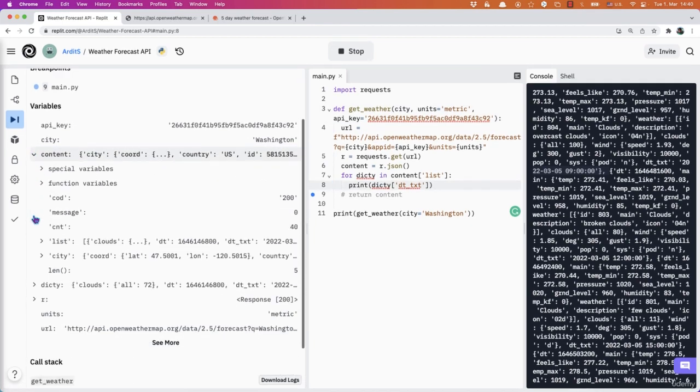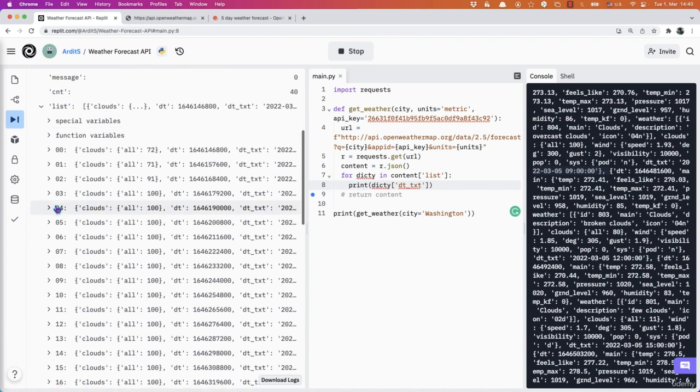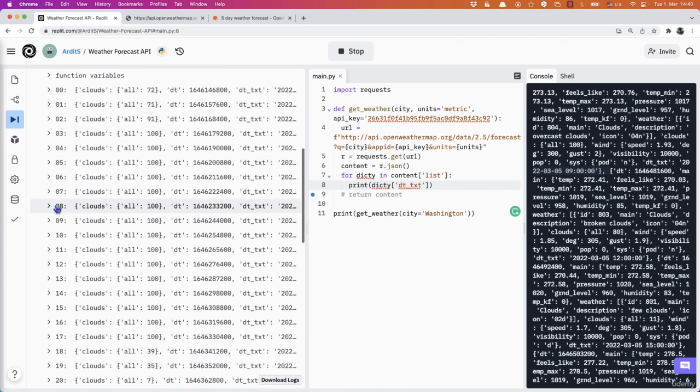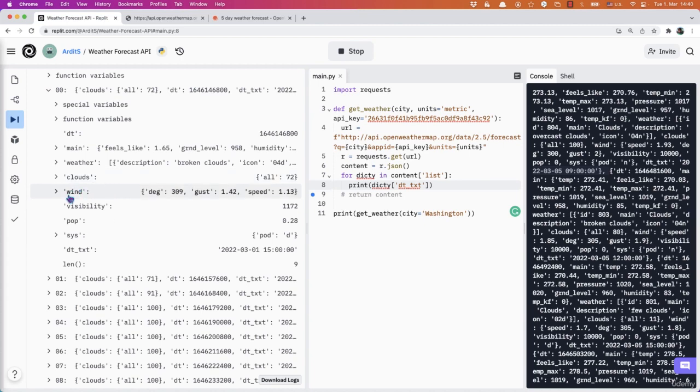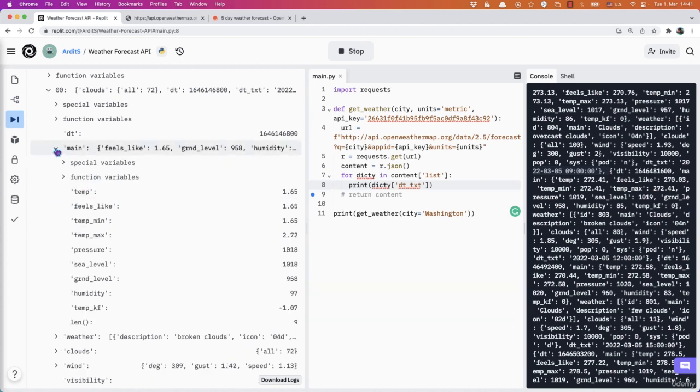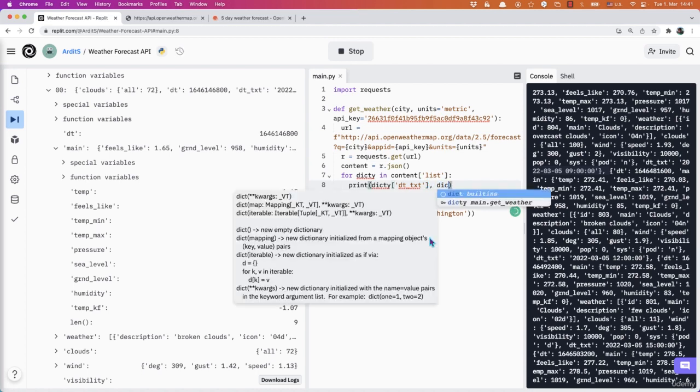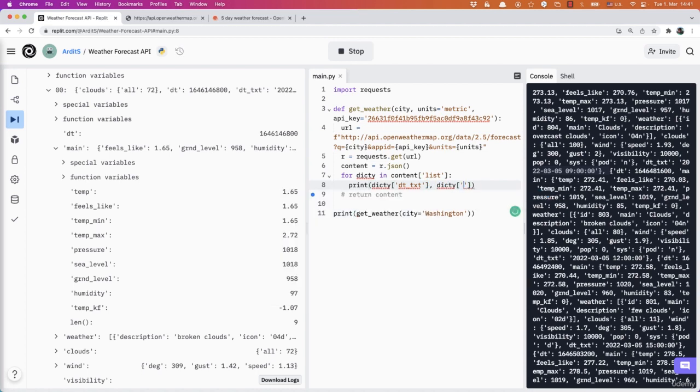So content, list, and then we have these dictionaries, and under main we have temperature, temp, so 1.65. So we're talking about dicty again, and then main, and then from main we get temp,